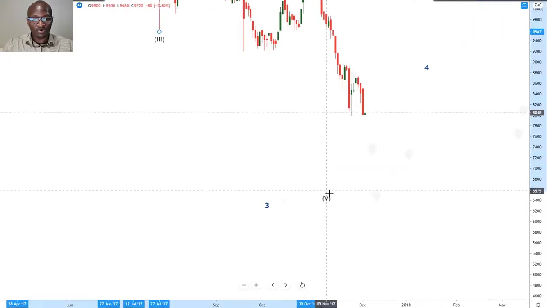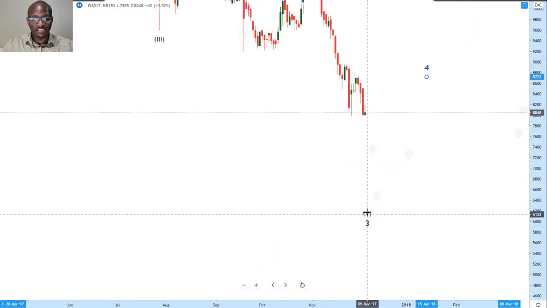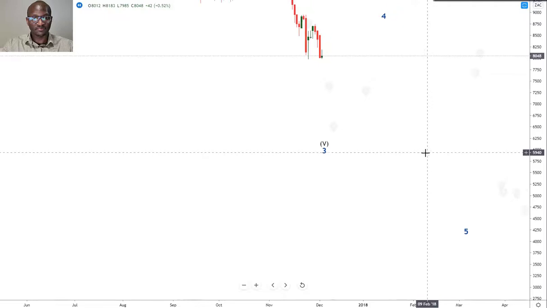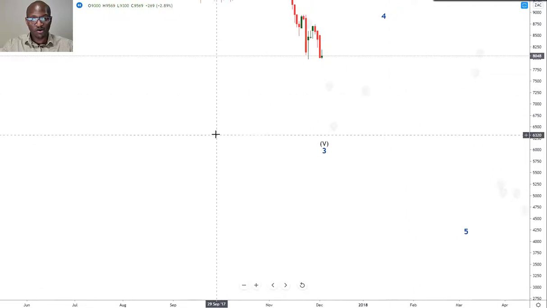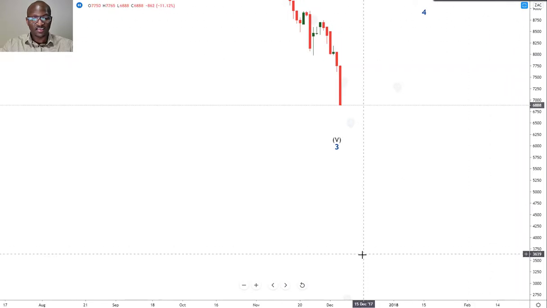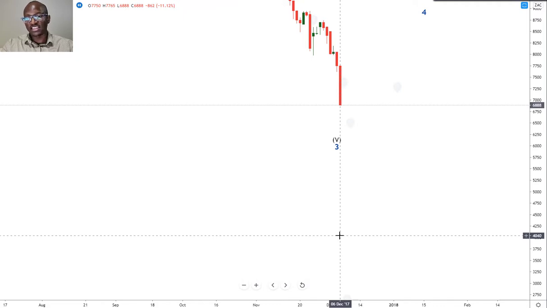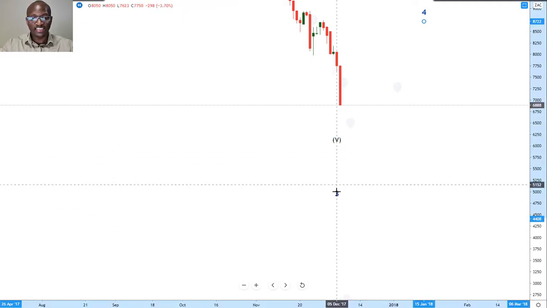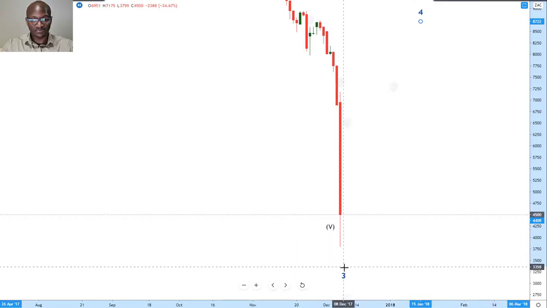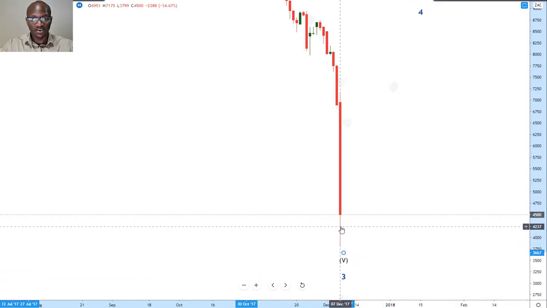Now I want to slow down here because this is where things got very interesting in December of 2017. So the date now is the 4th of December. Now we had a massive crash, 11% on the 6th of December, and there was no news or anything reported that day, but the next day there was an even bigger crash of almost 35% in one day, a 35% drop in price.